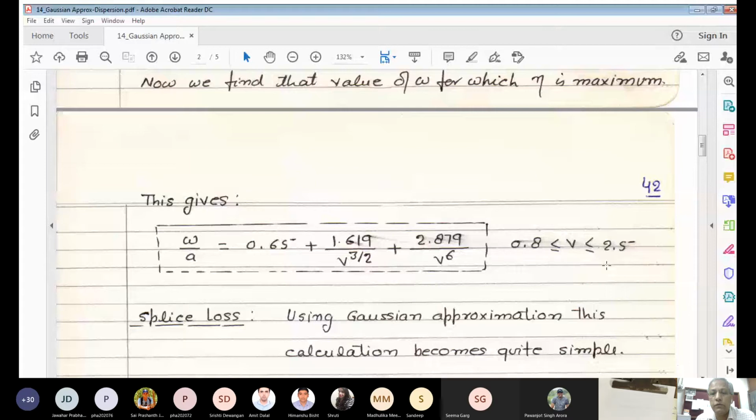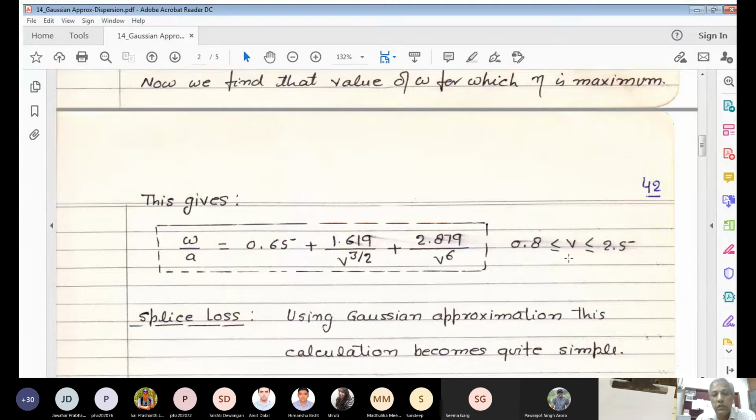2.4048 is the mode cutoff of the first higher order mode. So the single mode region is only when V is less than 2.4048. And generally we do not operate a single mode fiber when V is less than 0.8. Actually, we generally operate when V is of the order of 2. And we do not operate very close to 2.4048 because there may be some manufacturing errors, and maybe at that point your next higher order mode is excited.